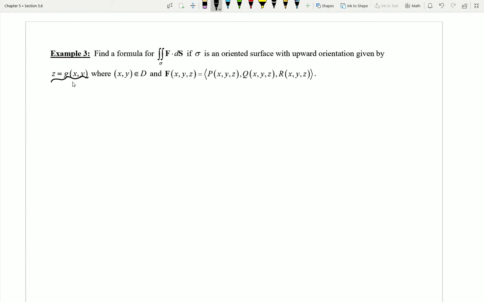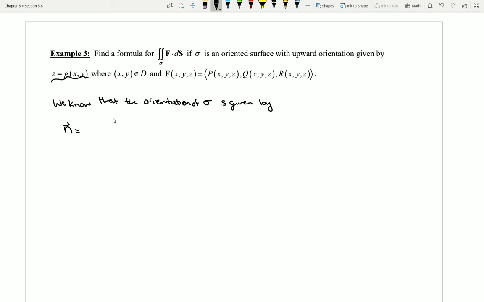The only way we currently know how to do this is if I start by finding a parameterization. So I'm going to go ahead and see if there's a way that I might be able to get around this. So let's see. First, I'll deal with this idea of an upward orientation. So I'll say that we know that the orientation of sigma is given by